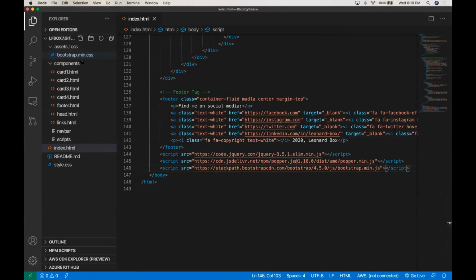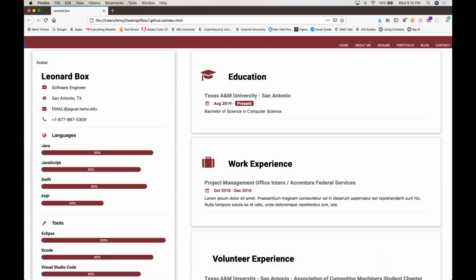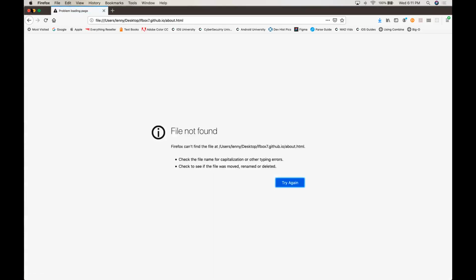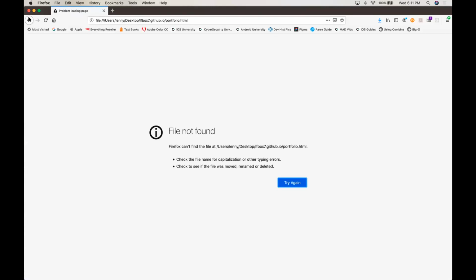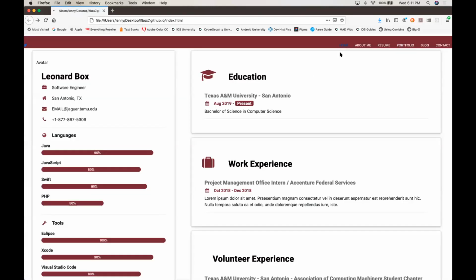File, save. And what that should do is, when we actually start putting stuff here and linking in our pages, because right now it doesn't go anywhere, there's no pages for it to go to, now all those links will work correctly and the sizing will work correctly, stuff like that. Okay, so now we're going to do some more work in,